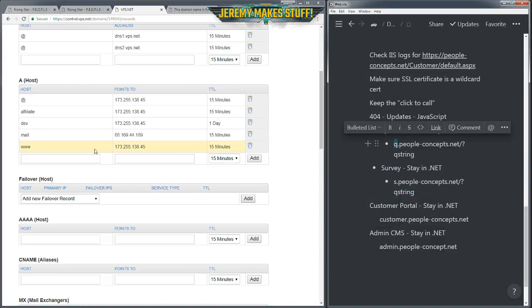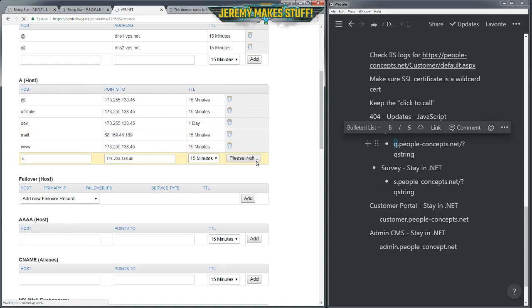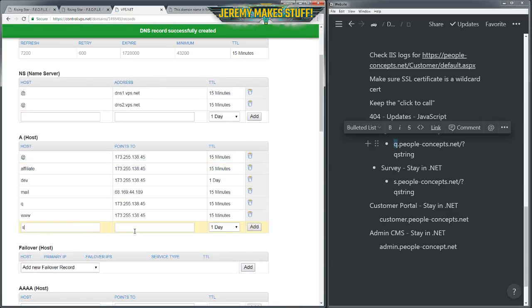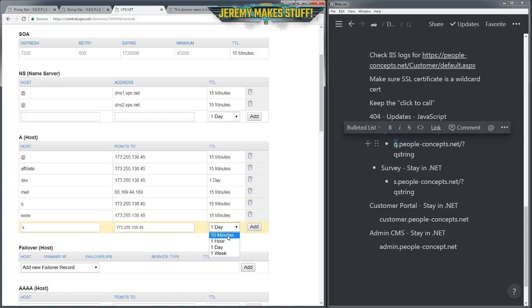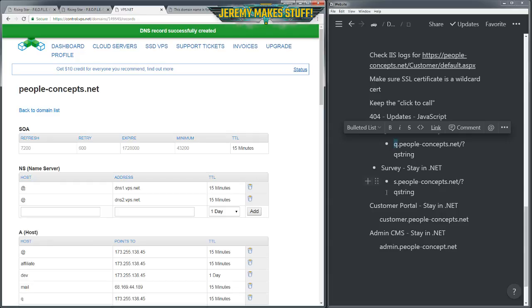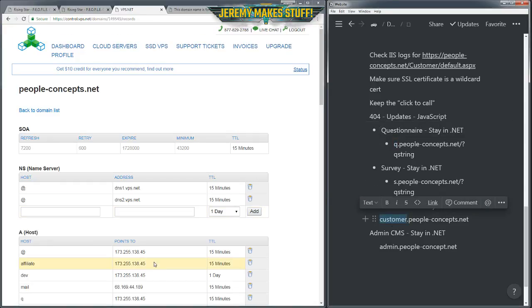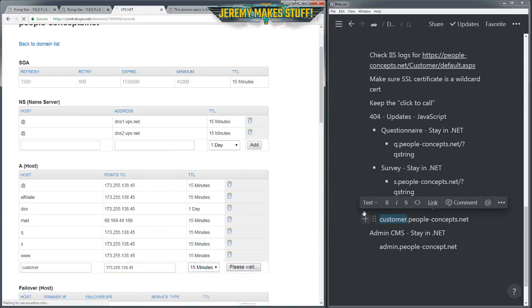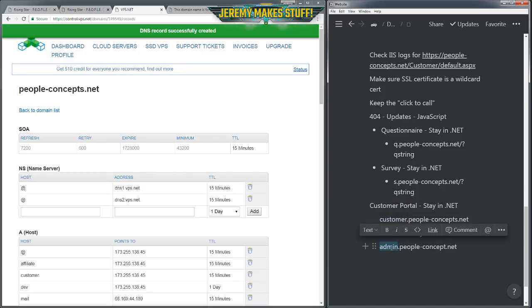So I'm going to add Q, and it's going to go still to the .NET server. And wait, all right. Add S, same. And customer. And admin.